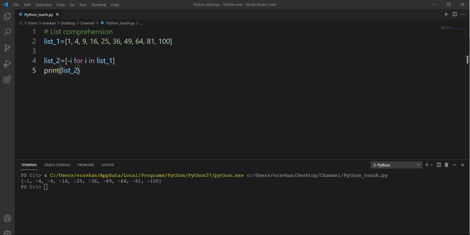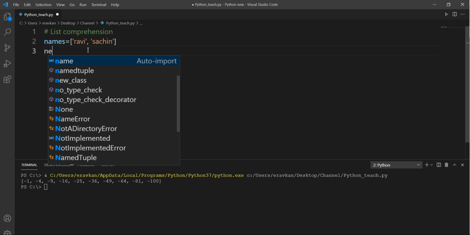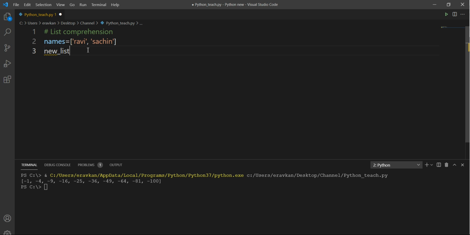Or suppose I have a list of names. Sorry, I am again and again saying dictionary. I have a list and I want to create a new list which should contain only the first character.